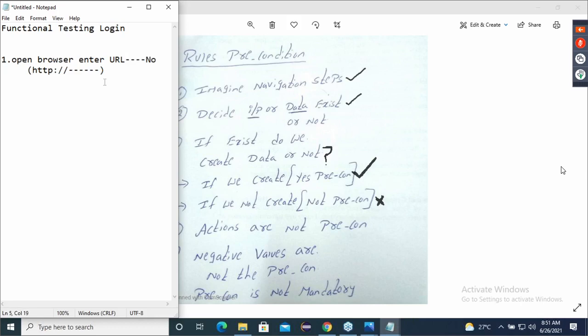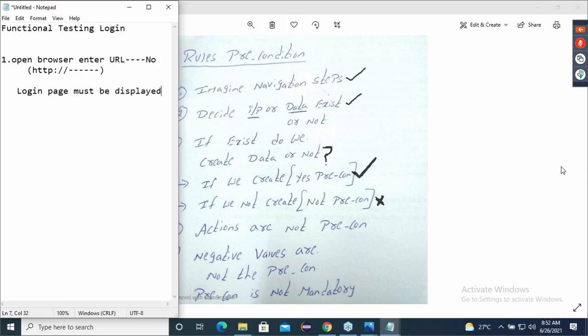Okay, good. Now, once I do this step, what is my expected result? When I open a browser, enter the URL, what is my expected result? Good. Login page must be displayed. Perfect.